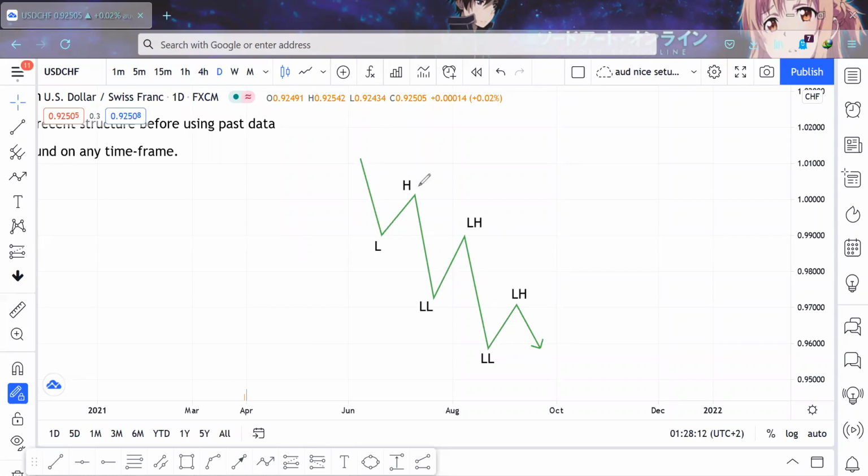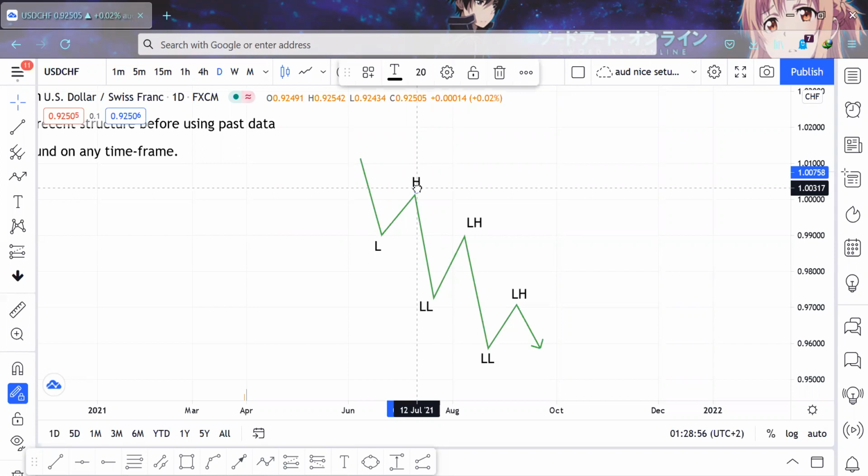Okay. Now, how do we identify market structure? Remember, I said market structure is support and resistance, swing highs and swing lows, right? So when we're talking about swing highs and swing lows, we are talking about these levels here, your highs and your lows in the market, right? Now in this market, I've generally made the direction to be to the downside, right? And in order for you to be able to identify that the market is actually moving to the downside, you will be identifying a few things,